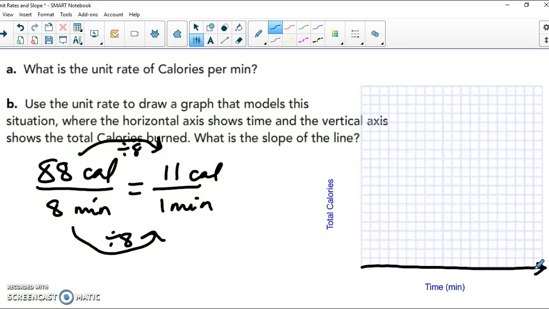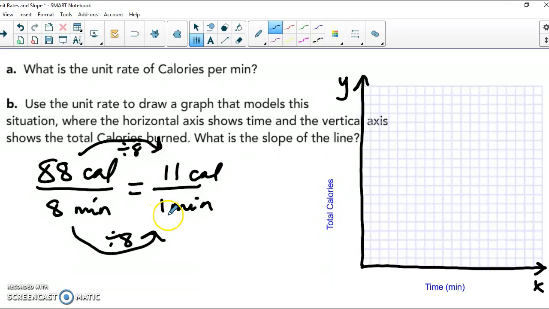But I'm going to go ahead and draw my x and y axis. And I need to label them. My y-axis is total calories, but I need to figure out what scale I want to count by on my graph. So I know that I'm going to graph this,